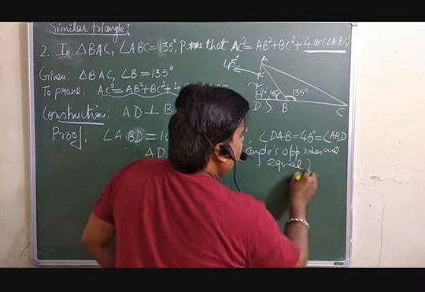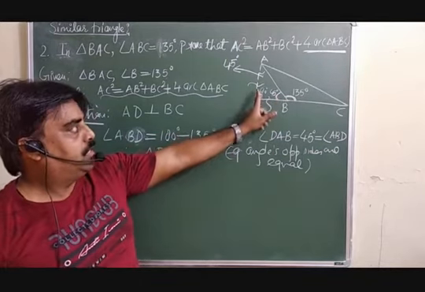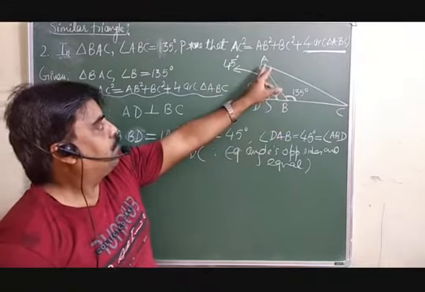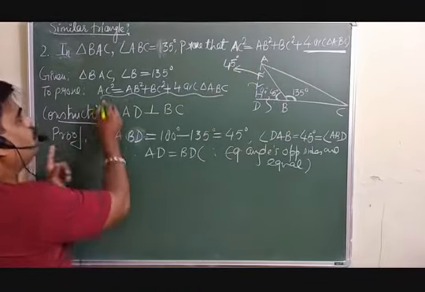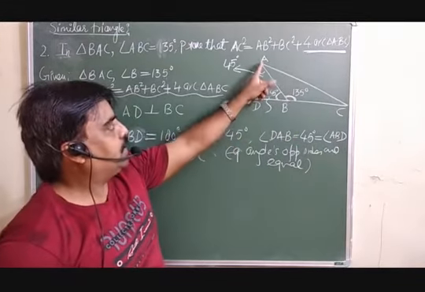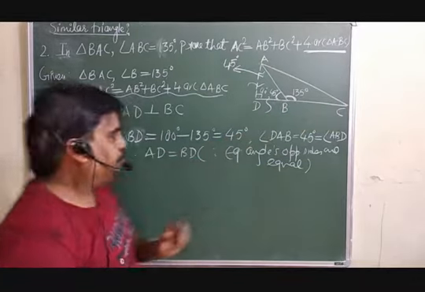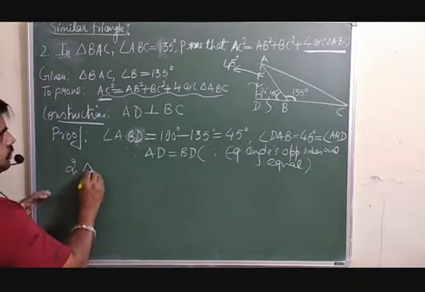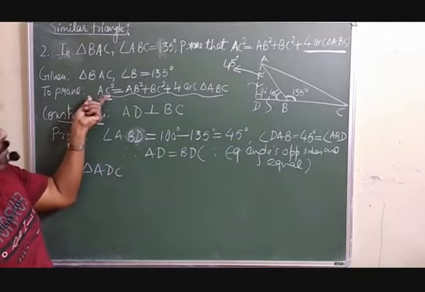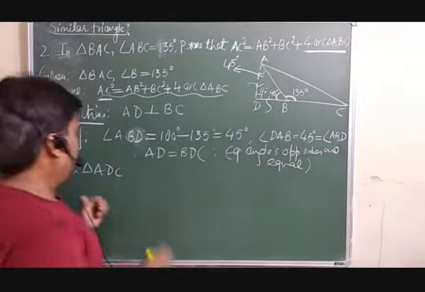But the important point is here only. You are supposed to calculate this angle first. This is 90, this is 45, so this side will be equal to this one. Now easily you can, see, now you want AC square, so keep your eyes here, you need AC square. So you must think about the AC square first. To take the AC square, you are supposed to take triangle ADC. So just take triangle ADC. Keep your eyes here. What exactly do we want? According to that, you are supposed to take the triangle.